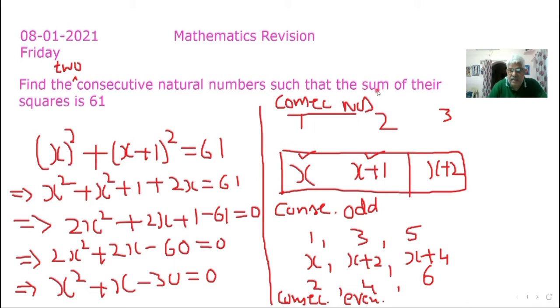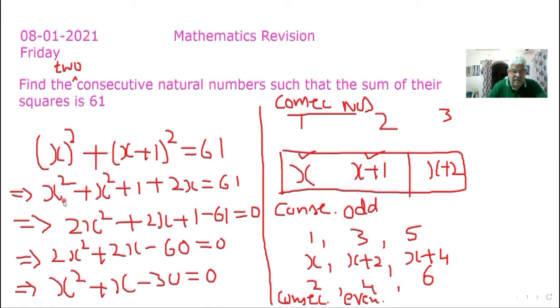They said sum, which means a positive sign, of the two consecutive numbers. Sum of their squares: I take the first term squared, x square, and the second term, x plus 1, squared, also. Now equals 61. Finished. If you are able to write this, you will reach the final answer very easily. Is there any difficulty here, dears? No. Very easy part. Now I remove the bracket.